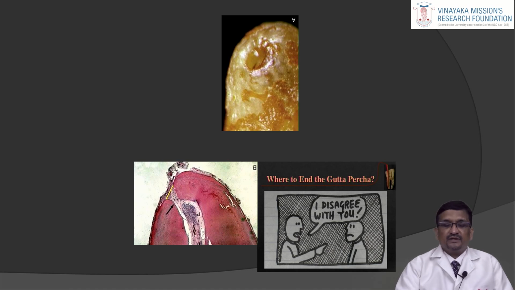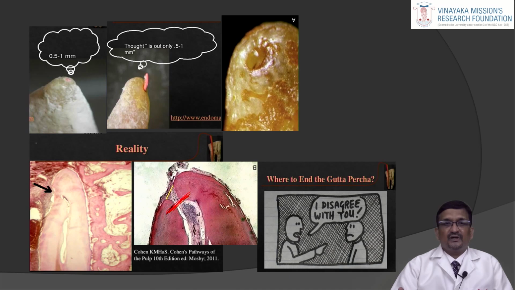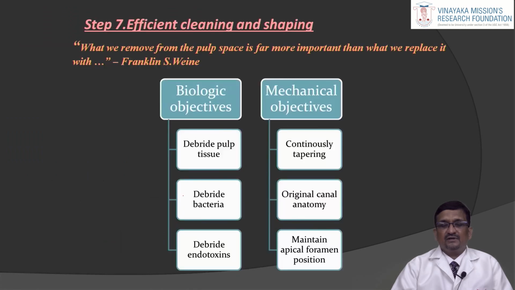So the most important is this zone, okay, the minor diameter or cemento-dentinal junction. And when we have a young patient, we can go at the apex, 0 to 0.5. For example, I have a 15-year-old, 20-year-old, I can go there. But if I am having a 60-year-old, 70-year-old, I can go for 1 mm short also, depending, because you can expect cementum deposition more, we can expect hypercementosis more in elderly patients. So there we don't go at the apex. So how are we going to take help? We are going to take help from the apex locator for working length determination. Apex locator is to be used in conjunction with radiographs. We cannot eliminate the need of the apex locator. They are very helpful in such cases.